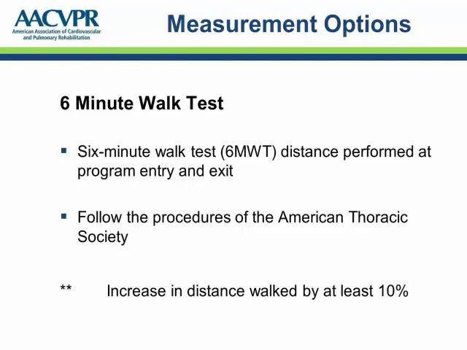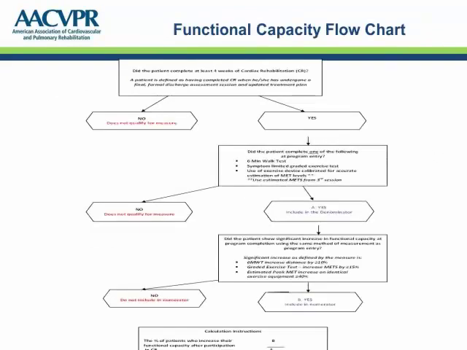The slide is understandably hard to read, but I wanted to show you the flow chart that can be used to determine whether a patient would be included in the performance measure. So starting at the top, the first question would be, did the patient complete at least 4 weeks of cardiac rehabilitation? Again, the definition is that they completed cardiac rehab if they underwent a final formal discharge assessment and updated treatment plan. So if a patient did not complete 4 weeks of cardiac rehab, they would be disqualified from this